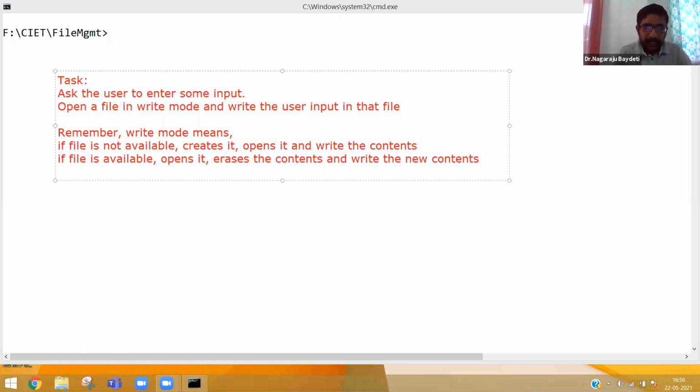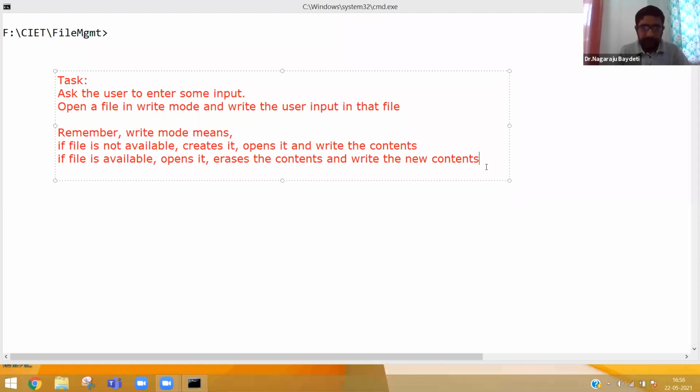Just like a small kid writing ABCD on a slate. He writes A, erases, again writes B, erases on a small slate. I hope everybody understood the task. The task is ask user to enter an input and write in the file. Ask the user to enter and write in the file.